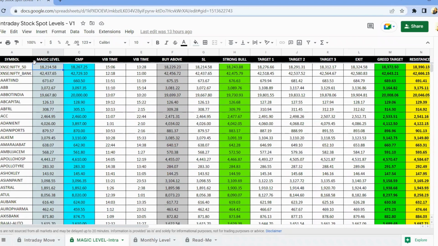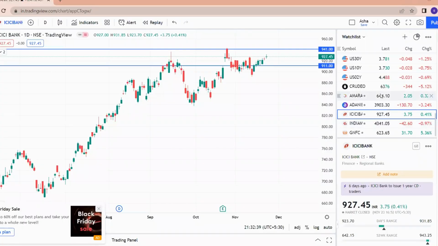सीएमपी लेवल तो आपको कंपैरिजन के लिए दिया हुआ है। जब आप शीट खोलोगे, तो तुरंत देखने के लिए कि कौन सा बेरिश है या बुलिश है, सीएमपी लेवल एकदम बाजू में दिया हुआ है। सपोज करिए आज निफ्टी का एग्जांपल ले लीजिए, 18,214 इज योर मैजिक लेवल।